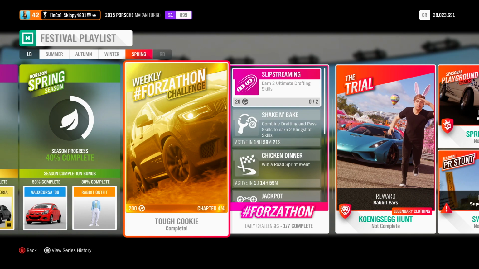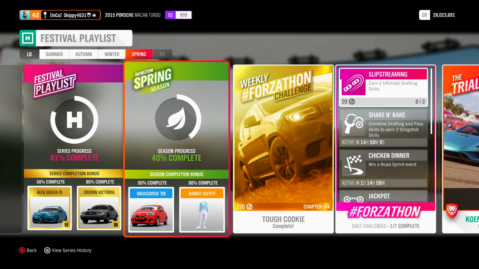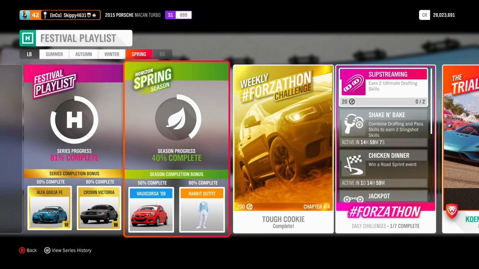In today's video, we're going to be looking at the Spring Season Festival playlist for May. We're going to be looking at getting that 50% completion to unlock the Vauxhall Corsa 09 and that 80% completion